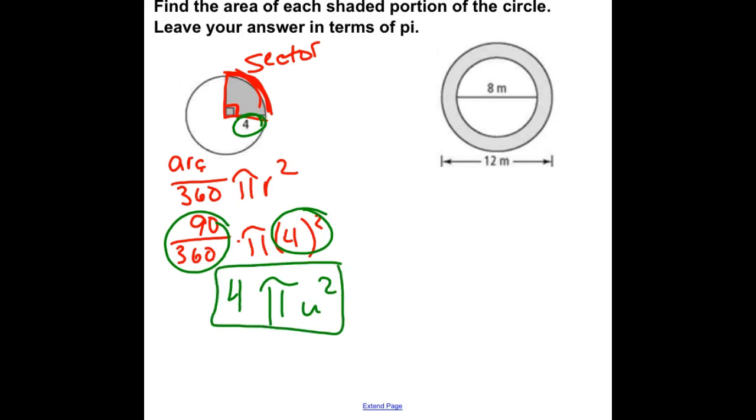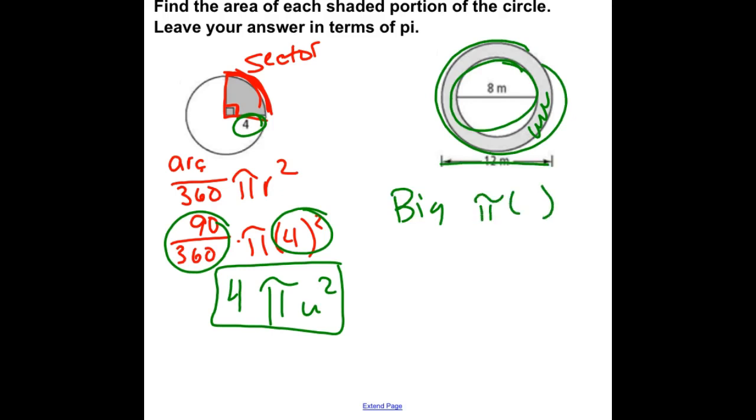Okay. We got into some of these weird shapes where we had certain portions shaded and certain portions not. So on this one, what we need to do is we're trying to find the space between the circles. So we need to actually find the area of the big circle here and the area of the little circle. So big. It's pi times the radius squared. Well, it's 12 all the way across, the radius is 6. Little